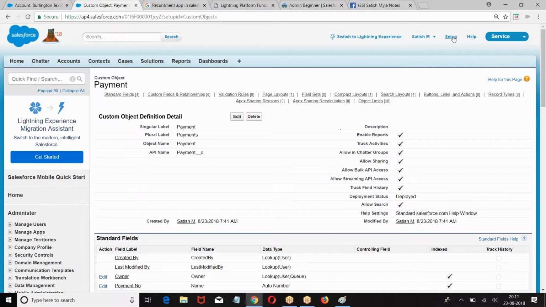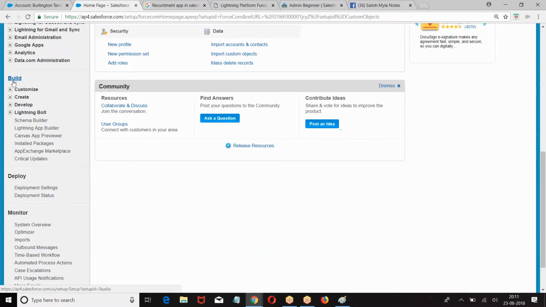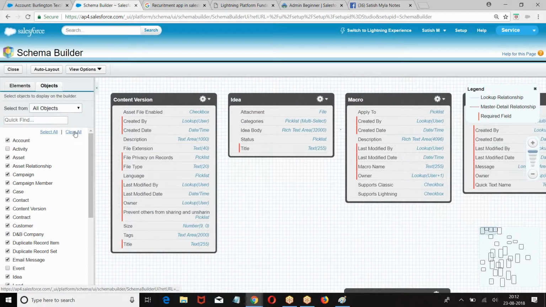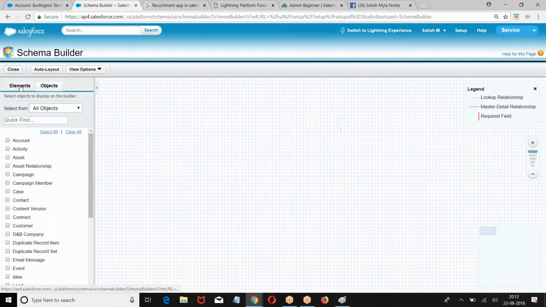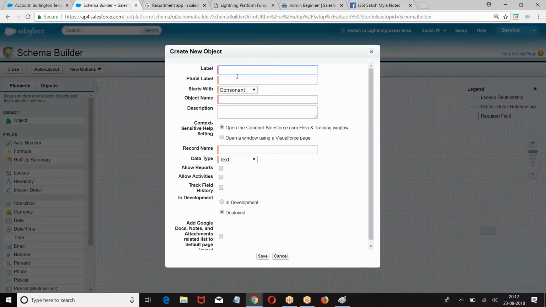Now using schema builder, let us say setup, build, note, look at this, build, schema builder. So what we have here, elements, drag and drop.